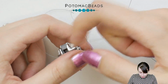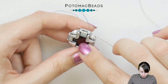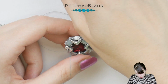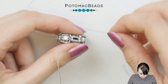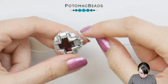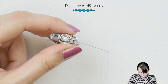So now we'll be adding the final layer with the bicones. So from here you want to go to this 11-0 here on the front side. So this one, and pick 1 15-0, 1 3mm bicone and 1 15-0, and then go through the 11-0 on the other side, also on the front, and pull. So the bicone sits on the top of the Tila, and then go through the 15-0 here, which is shared between the two